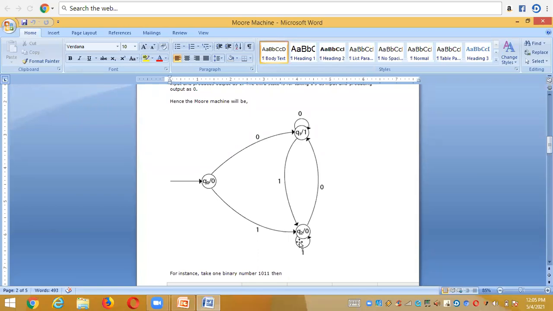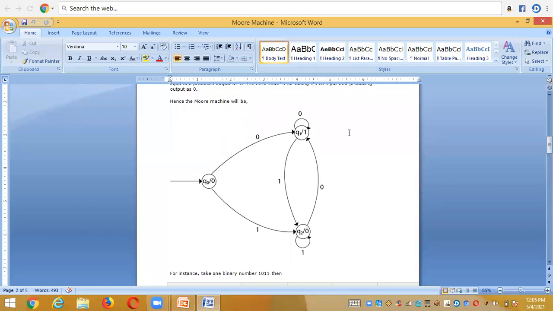Right? So here we get satisfied with the question that we need to generate a one's complement for the binary strings, binary numbers, where zeros and ones are the binary numbers. After framing the logic, I designed the Mealy machine from that logic.